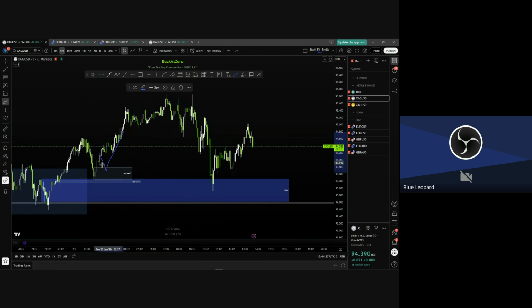The only problem is it took too much time to come to your option 2. You should close this trade if you were waiting and expecting price to come, because when price comes, this is now liquidity. Many people entered buy here and they put their stop losses here. You cannot take option 2 and expect price not to sweep it. Price swept it here around 10:30, and that's when today I came on the market.